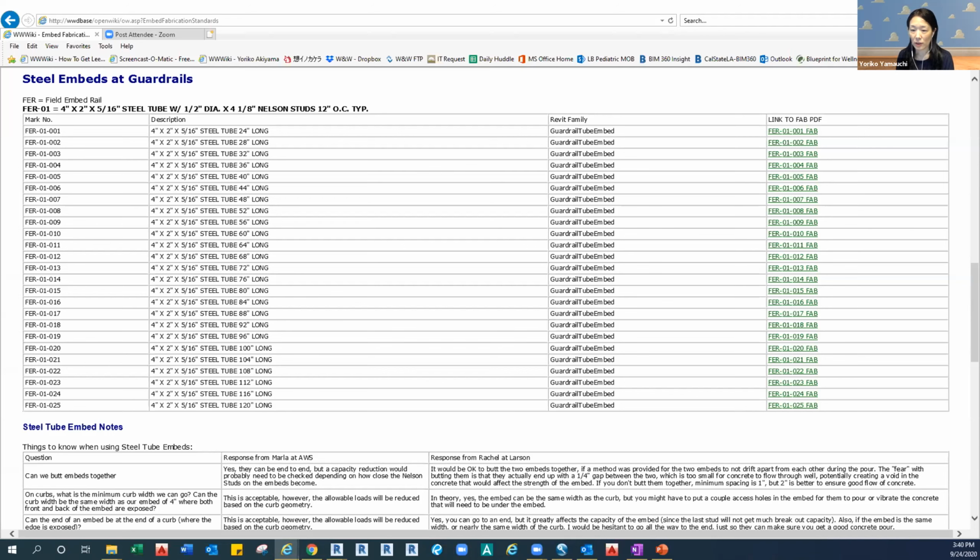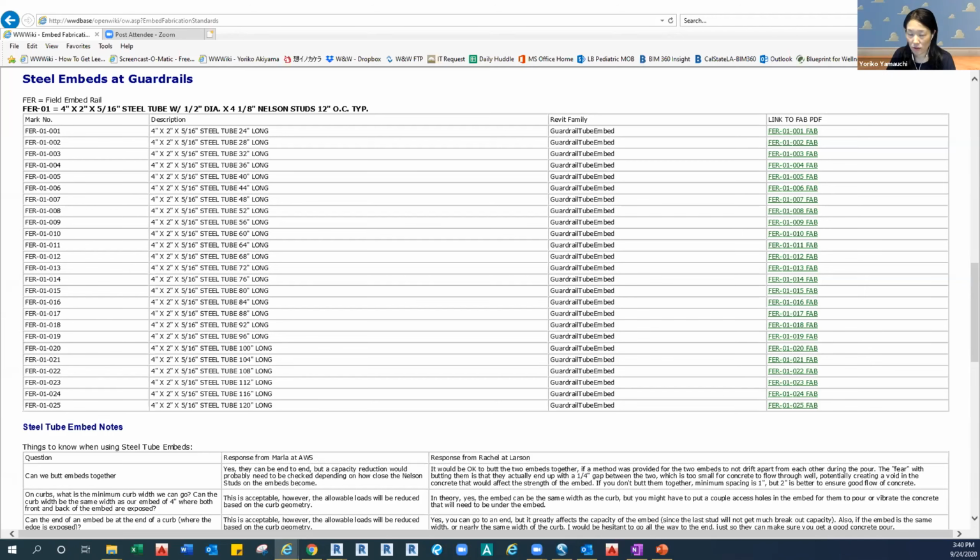Any questions? Steve and James? Sorry. Go ahead, Steve. Oh, you first, because my question's kind of long. Okay. So on corners, or wherever we have an embed that conflicts with steel columns, we're adding a steel angle. I wasn't sure if you have any of those details in your library.